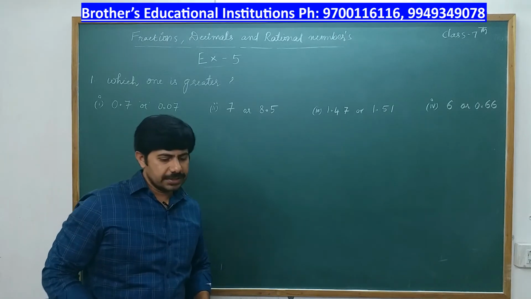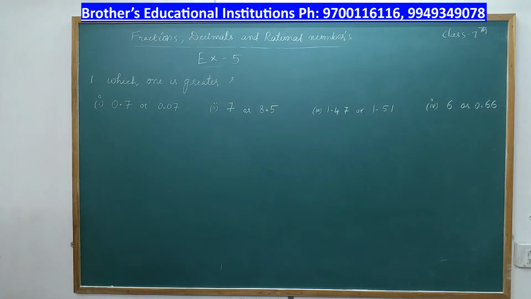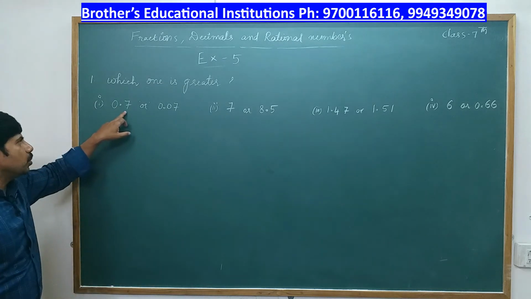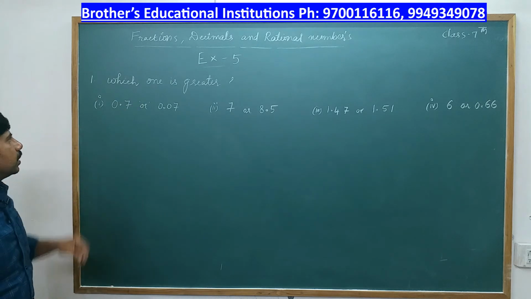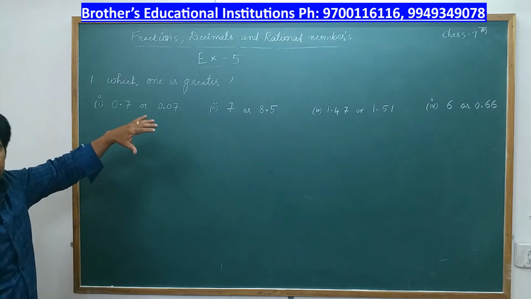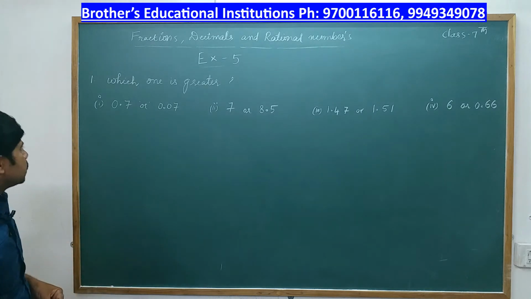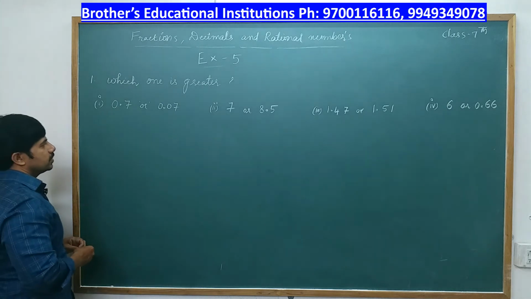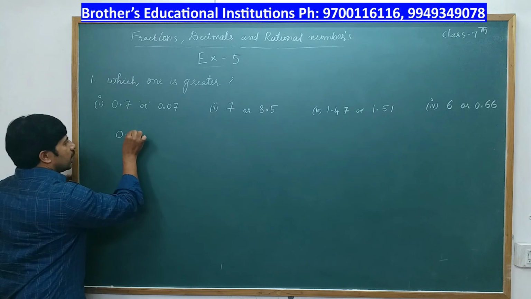Right. So next exercise, it is exercise 5. Now it is decimals. Fractions we completed, now we are doing decimals. Decimal means here, this is a decimal point we have, this is 0.7, 0.07. In this decimals, the first problem is which one is greater, 0.7 or 0.07, we need to find. For that, first I take 0.7, I'll convert this